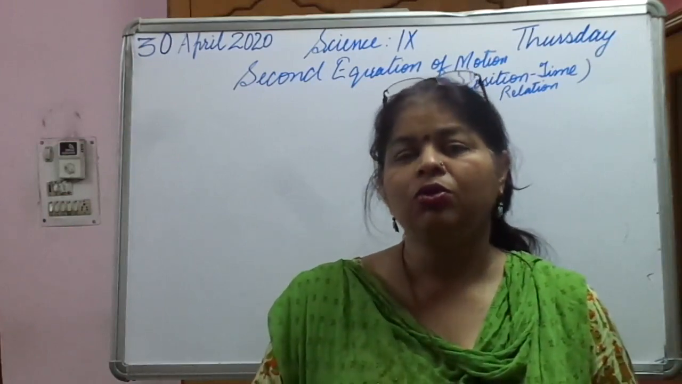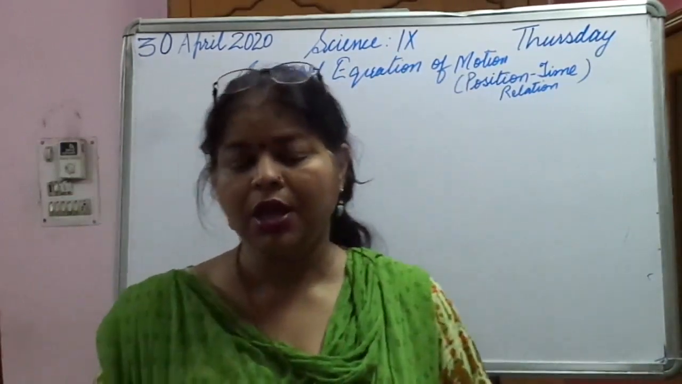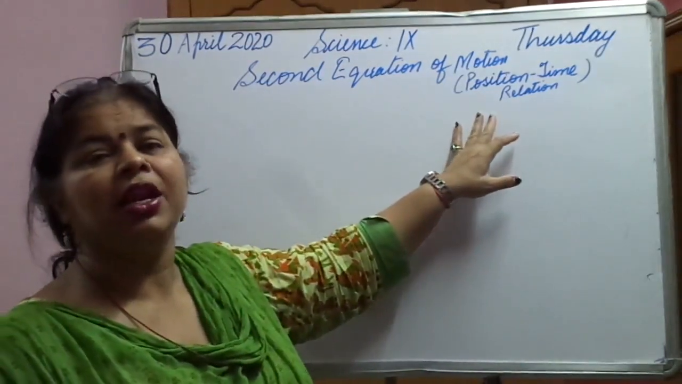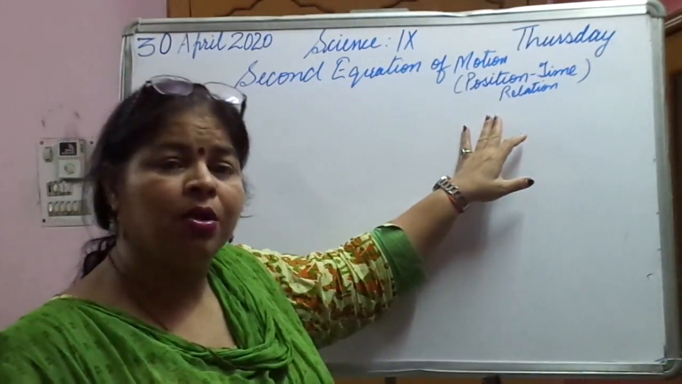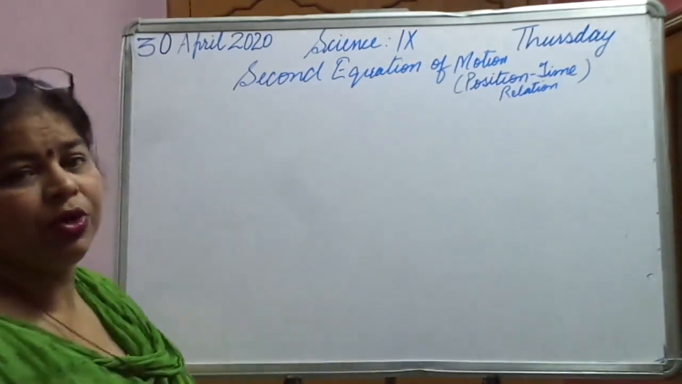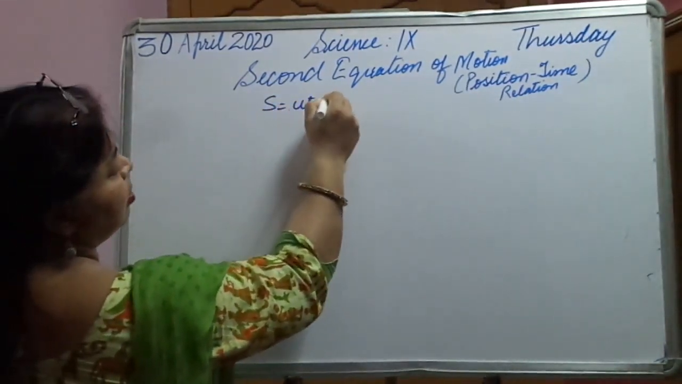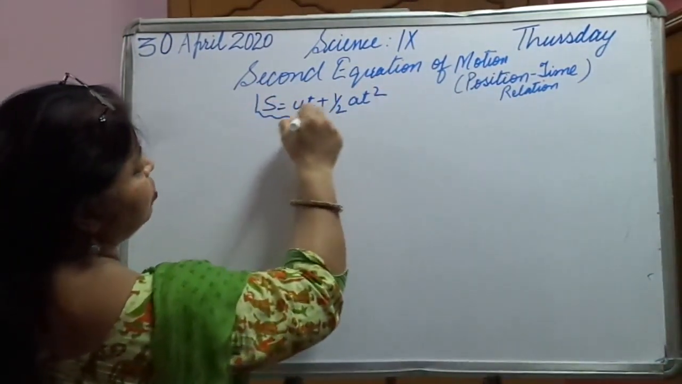Now today we will start with the derivation of the second equation of motion. And you know, this second equation of motion is a relation between position and time. So what is the second equation of motion? s is equal to ut plus half at square. We have to derive this,